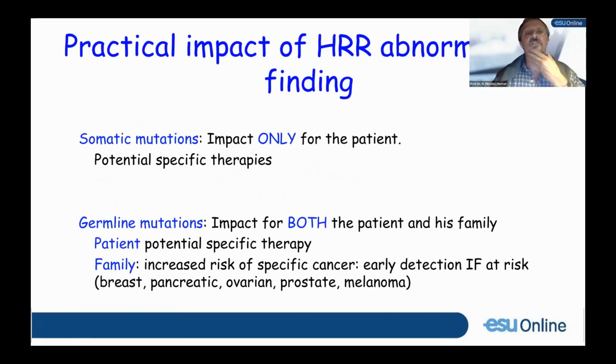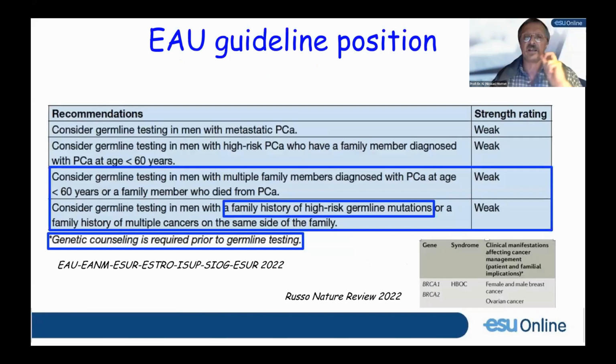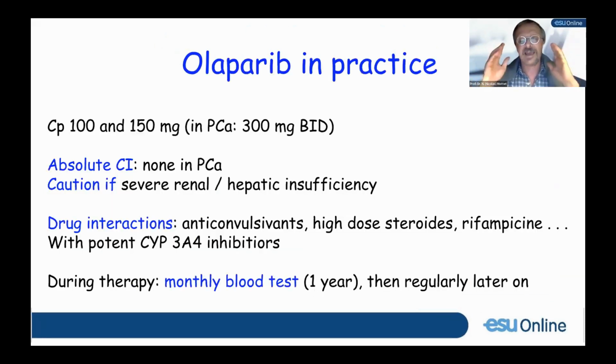Germline and somatic mutations must be checked. I will reinsist, germline testing is major for the man and his family. No need again to highlight that. It's important to have that because for the man, it changes the treatment, and it might also change a little bit the drug we're using outside the PARP. And this is a guideline position on where to check for germline. But PARP inhibitors are not restricted to patients with germline mutations. They are there for every man with a BRCA mutation so far.